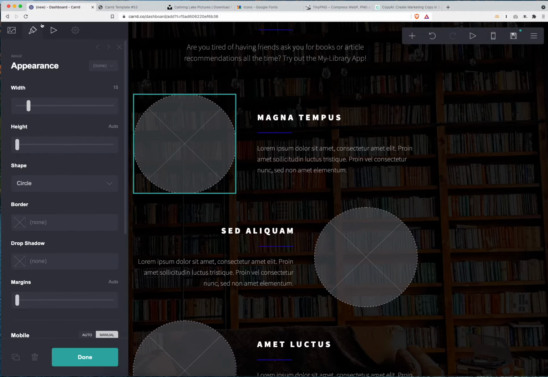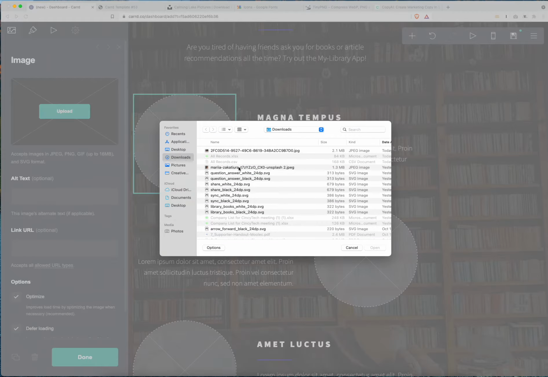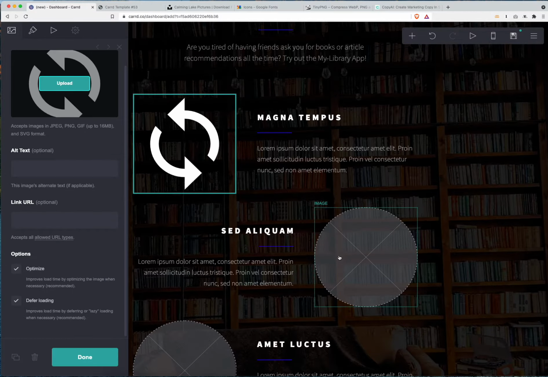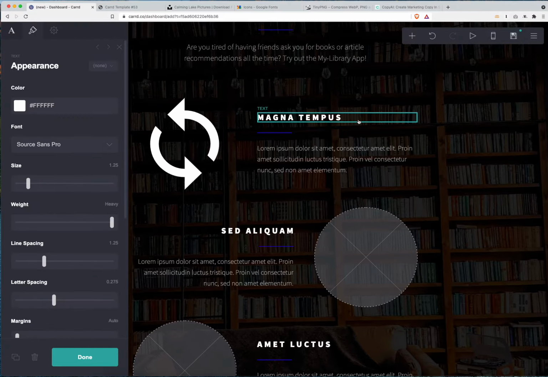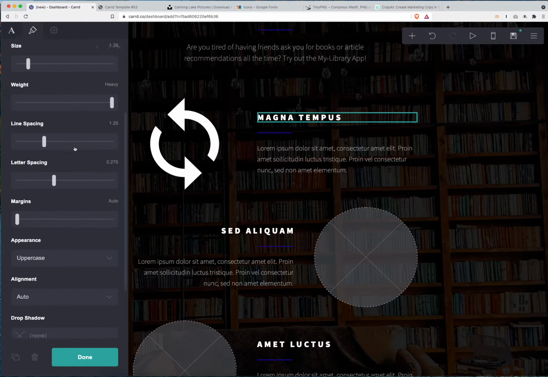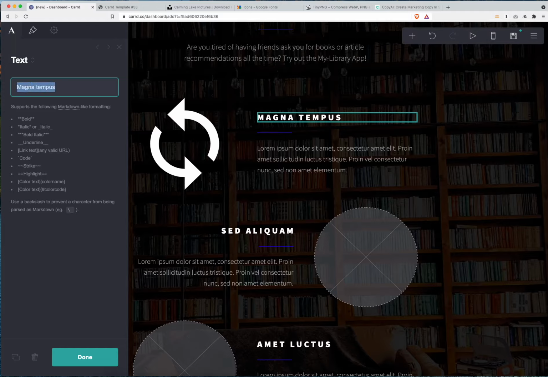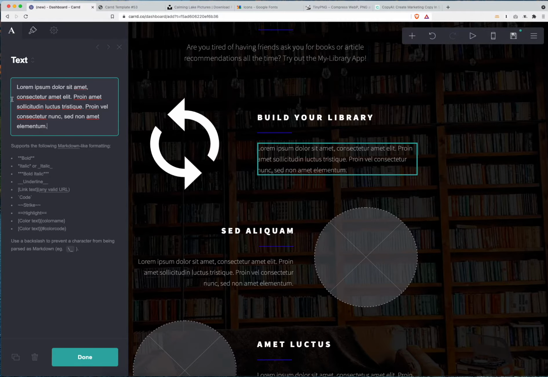Throw in some, again, same way you threw in the images before, you can throw those in here. Throw in some text, build your library, and we'll say